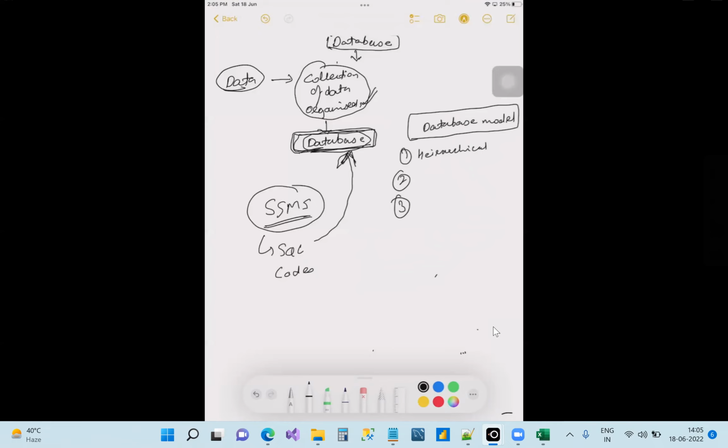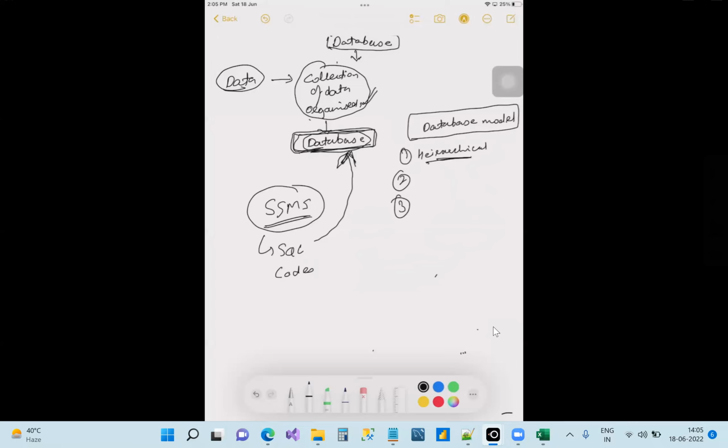Whenever earlier you used to say database, what you used to understand was just normal, a collection of data, right? Nothing more than that. So always remember, data in a database is contained in an organized way, and in what form it is organized, that we are doing right now. Primarily there are three. There can be many more; if you search, you will find many more. But primarily we say there are three. First is hierarchical.